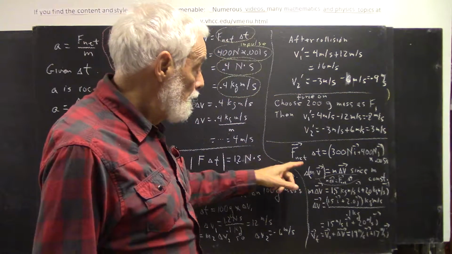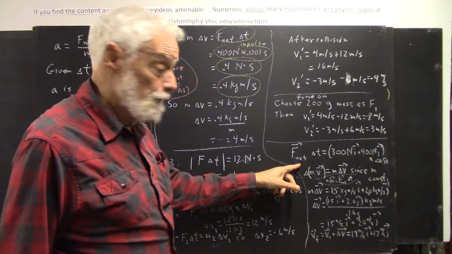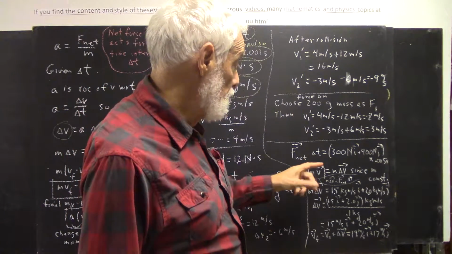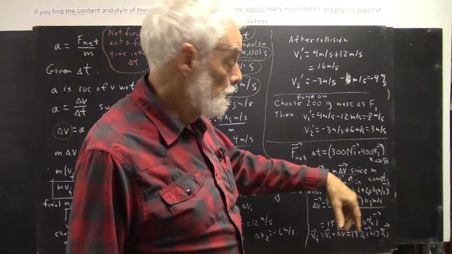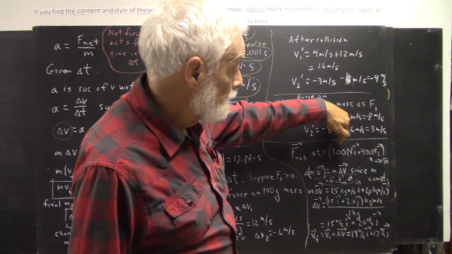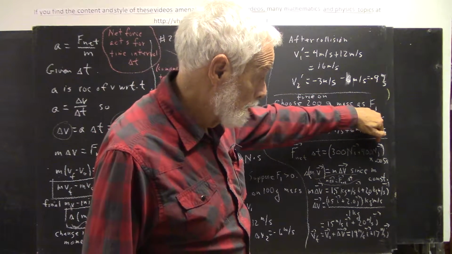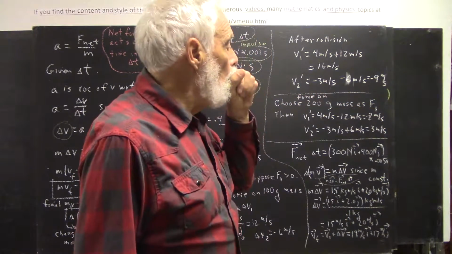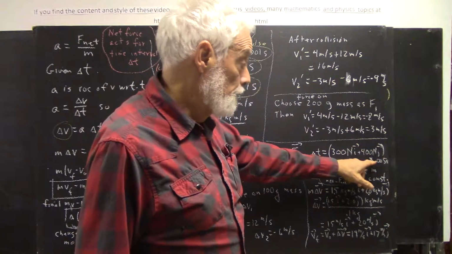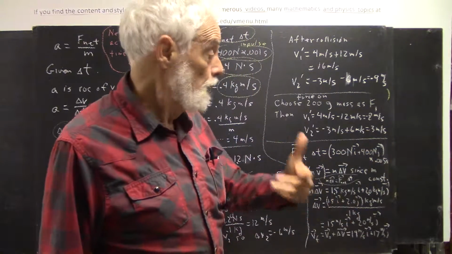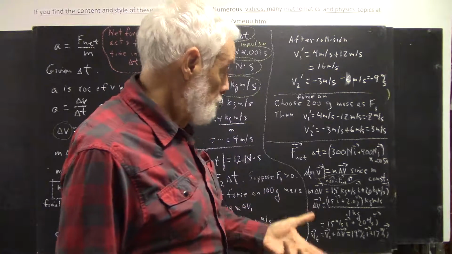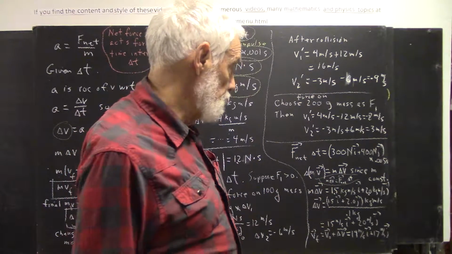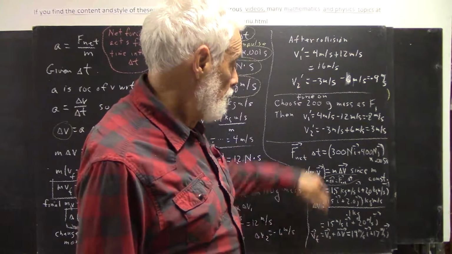So the vector force, Fnet, times delta t, is going to equal the impulse. Now the force is given as 300 newtons times I plus 400 newtons times J, and the duration of the collision is given as 5 milliseconds, 0.005 seconds. Well then our